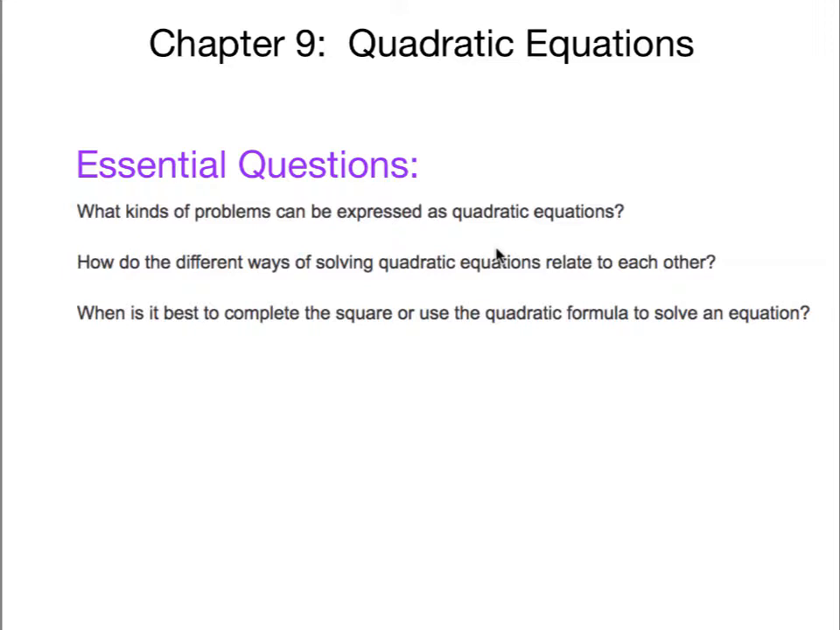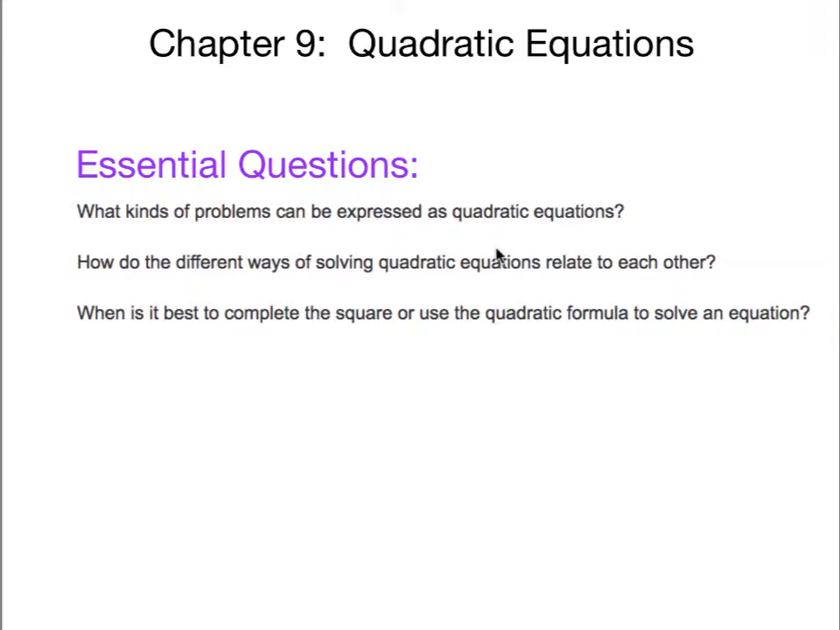So please refer back to these questions as we learn each section in this chapter. The first one is, what kind of problems can be expressed as quadratic equations? So yes, this is a little foreshadowing that we're going to be doing some problem solving in this chapter. So think about what situations you face in real life, what situations you face every day, can be expressed